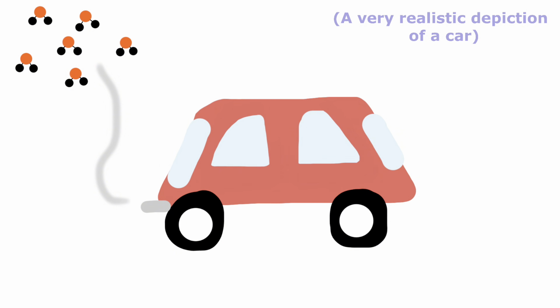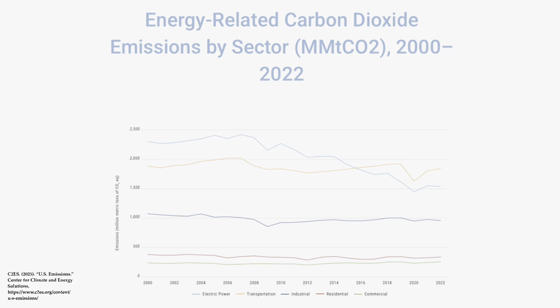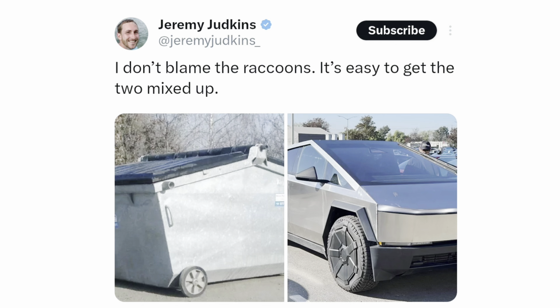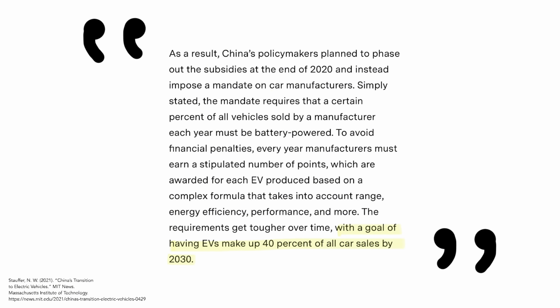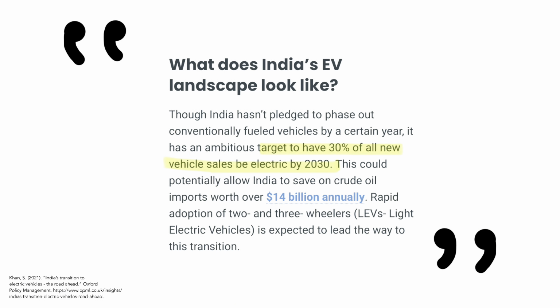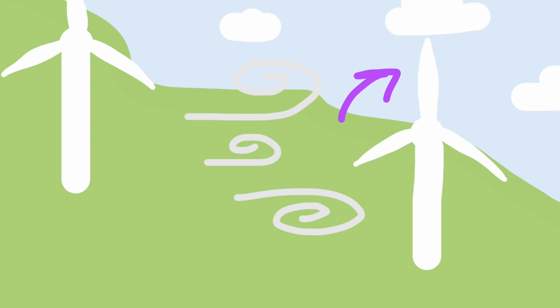In 2022, the burning of fossil fuels for cars, buses, and other vehicles made up 28% of direct carbon emissions, with electric power and industry following closely behind. The popularization of electric vehicles is meant to combat carbon emissions from the transportation industry, with countries such as the United States, China, and India, some of the world's largest greenhouse gas emitters, creating ambitious electric vehicle usage goals to help tackle emissions. Because carbon dioxide is also emitted with traditional energy production, a lot of initiatives to combat climate change also involve switching to more renewable sources of energy, such as solar or wind.